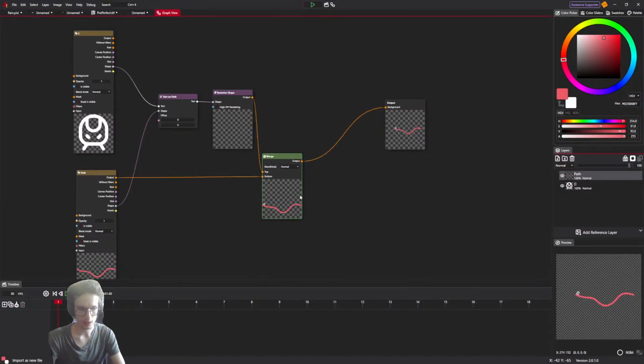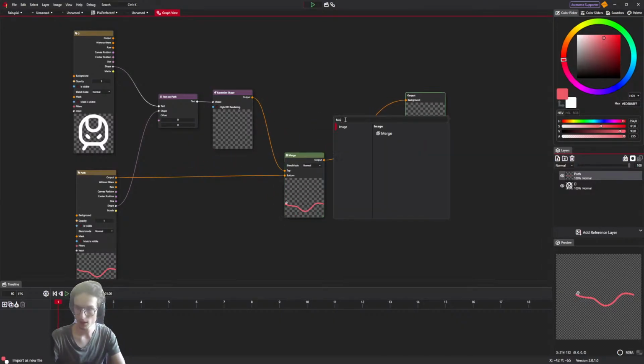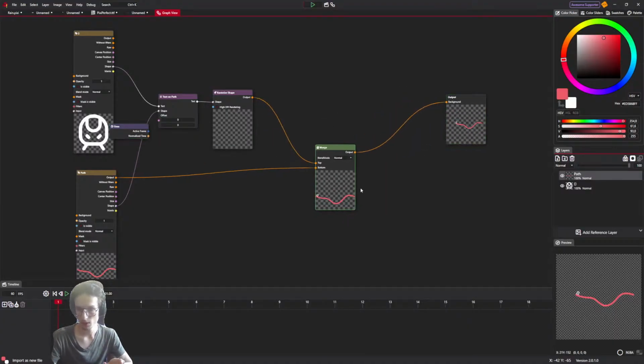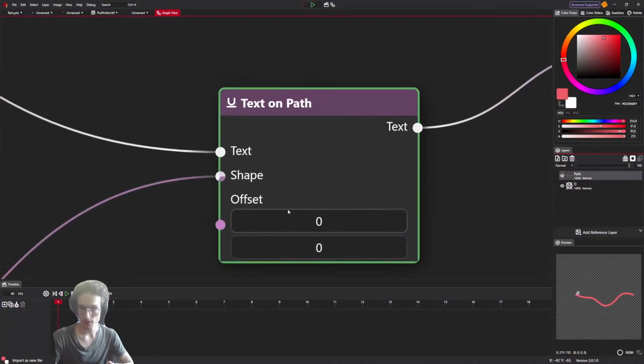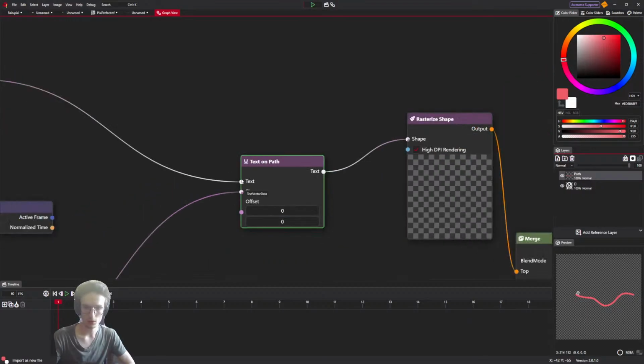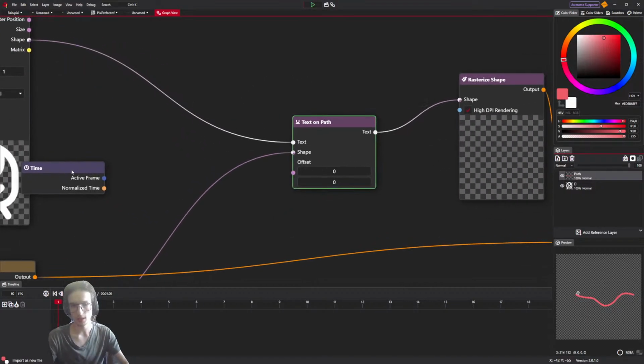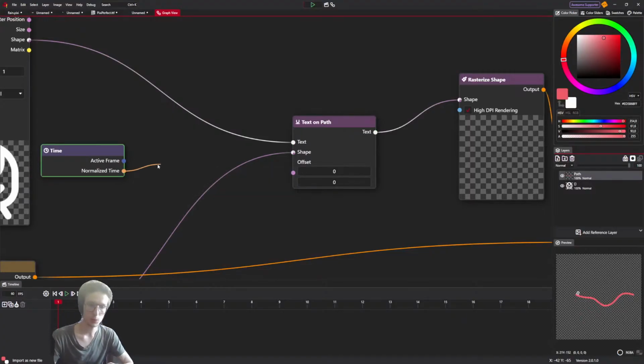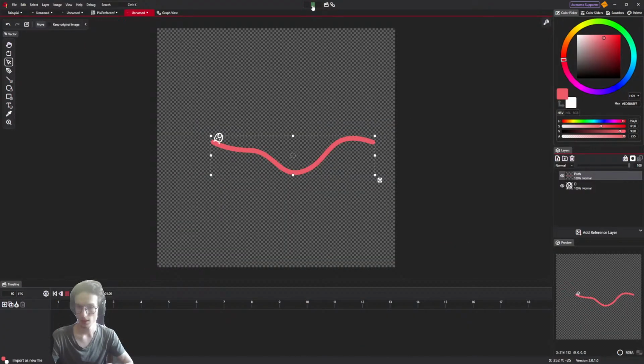Okay, we have our train on a path. So the very next thing is to take time, because we will want to move it with time. And text on a path has like 3 inputs. We have first 2, which is a text and a shape, but we also need an offset, so we can make it move. But when I input the normalized time in an offset, it's not gonna work, because first